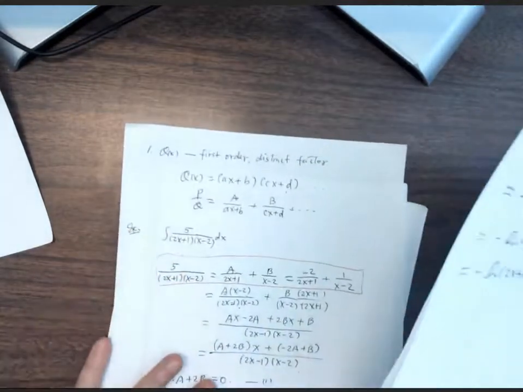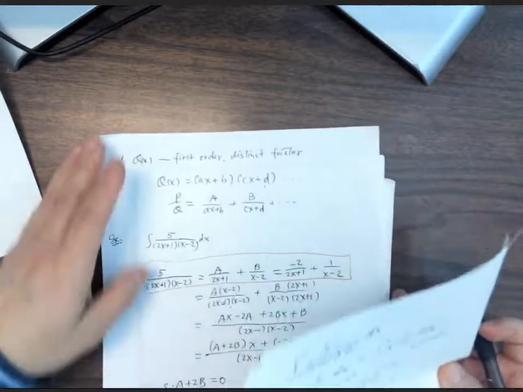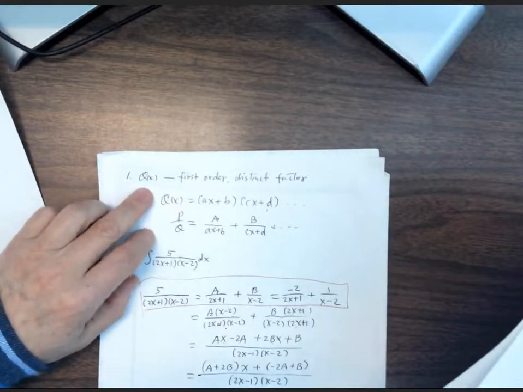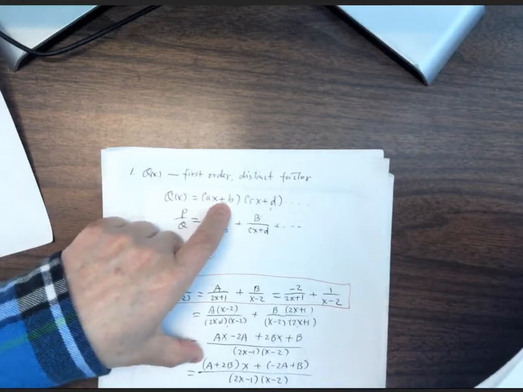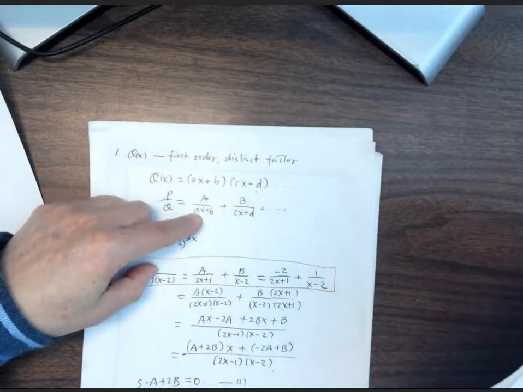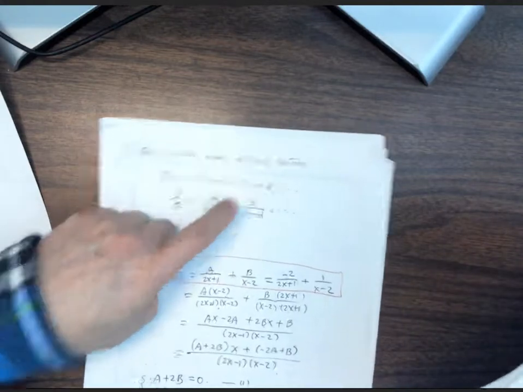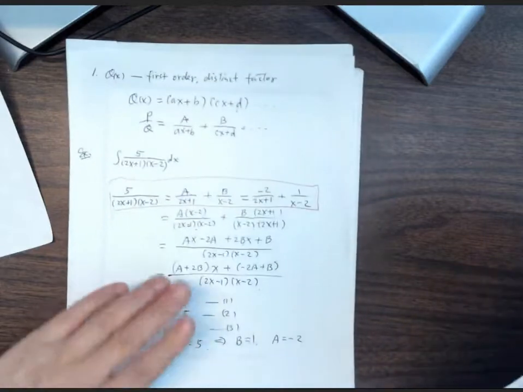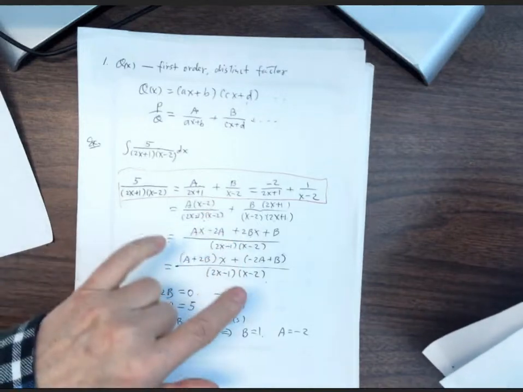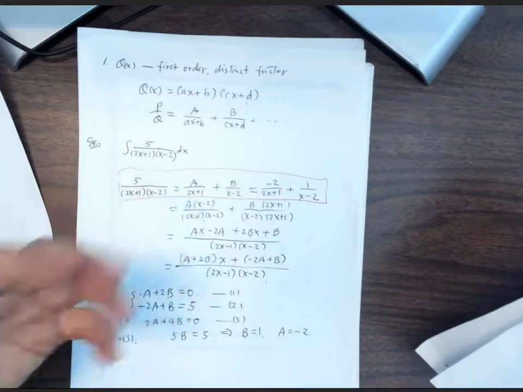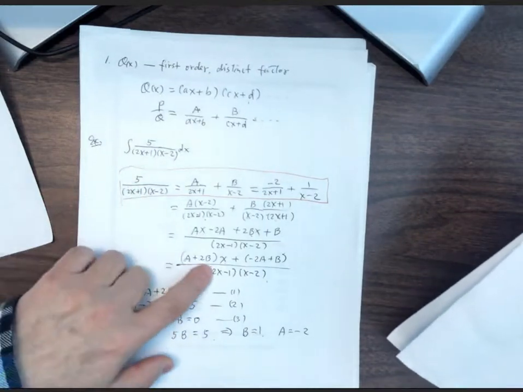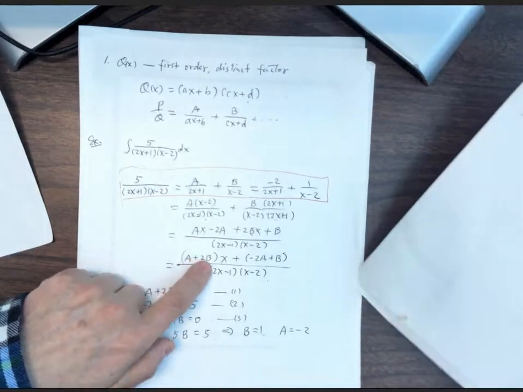Alright, so this is the first case, for a denominator involving first order distinct factors, different first order factors. We assume a constant on top of each first order factor and do the algebra that I showed you here. Finding a common denominator, add them together, simplify the top,